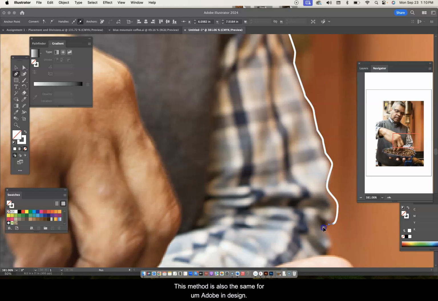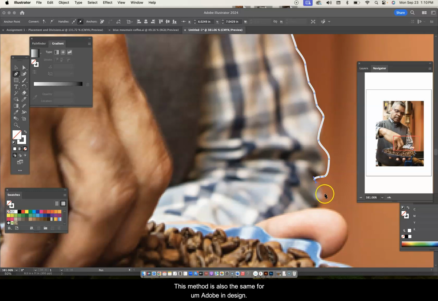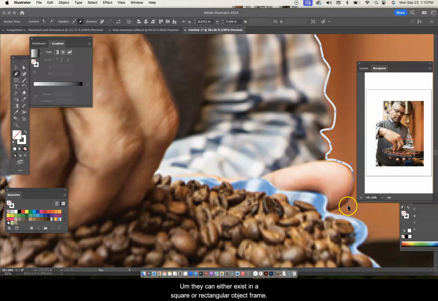This method is also the same for Adobe InDesign. So when you work with objects or photographs in that program, they can either exist in a square or rectangular object frame, or